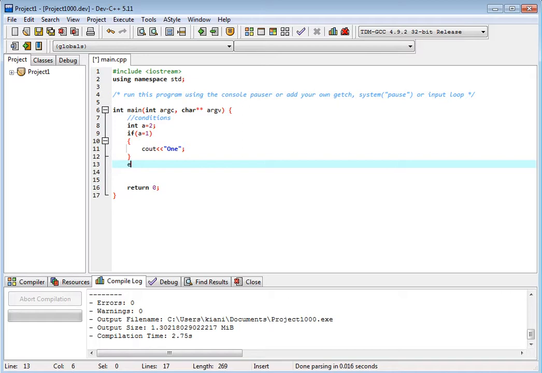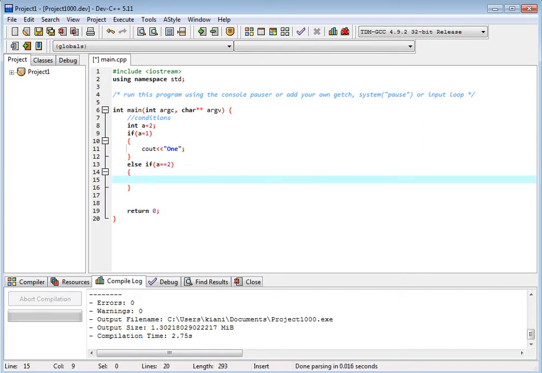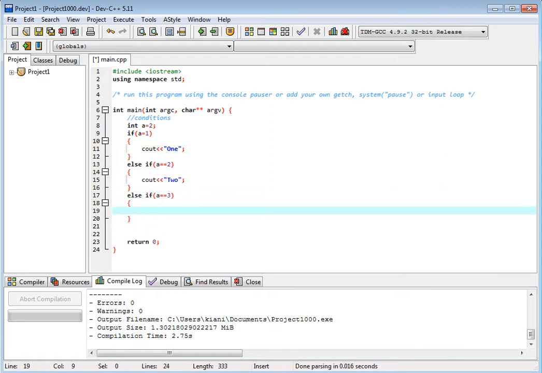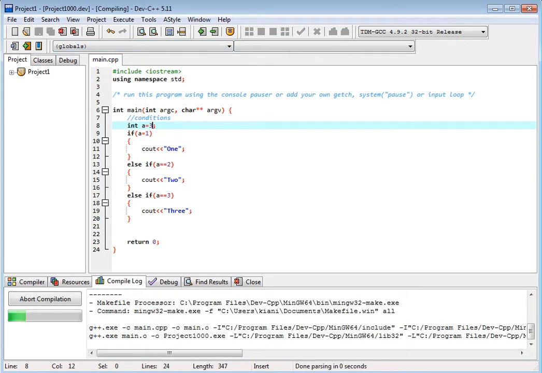To do that, we use else if a is equal to 2 and cout 2, else if a is equal to 3, cout 3, and for example this is 3 digit, I put 3 here, okay. What will be the result? 3, THREE.